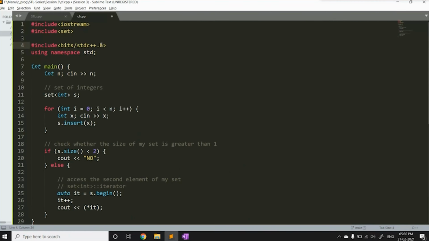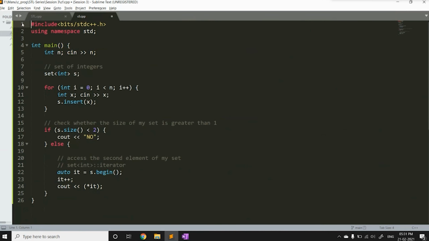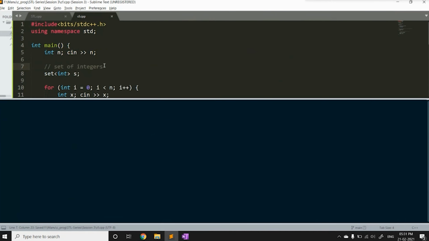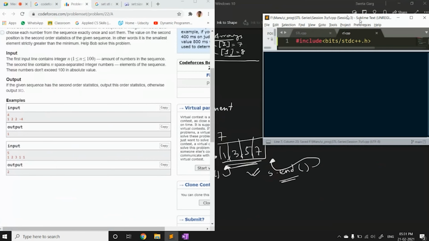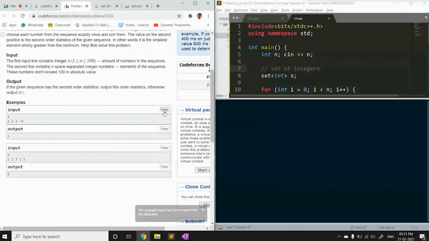What this does is it includes all the header files, right from iostream to set, vector, map, and all the STL libraries. So this is very helpful. You need not write all the header files one by one. I just wrote it once, and I need not care about writing the header files again and again. So the program compiles perfectly this time.